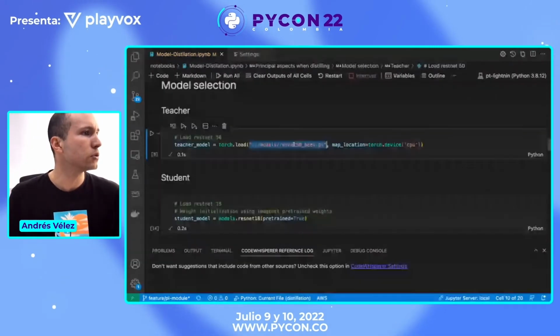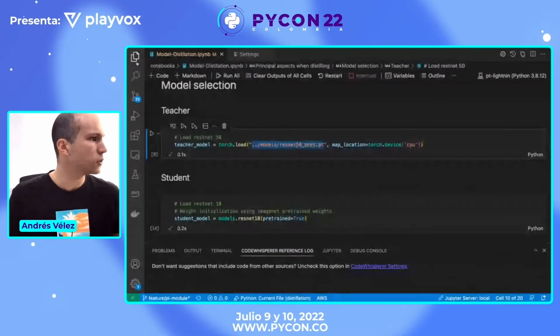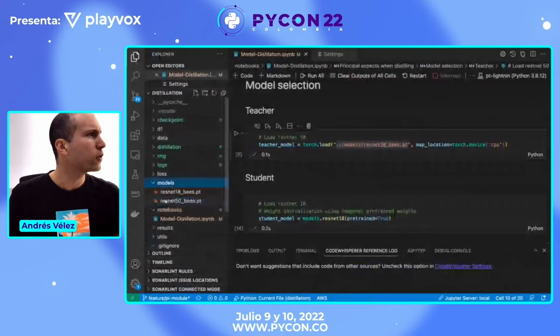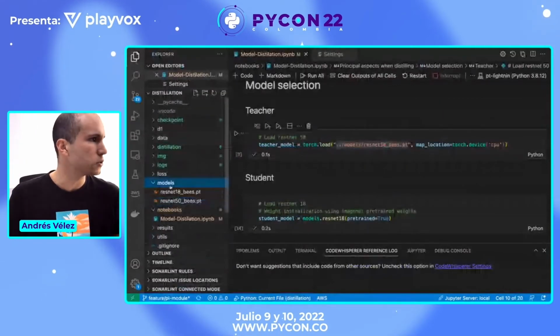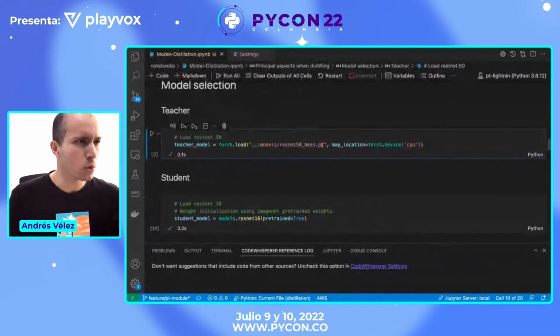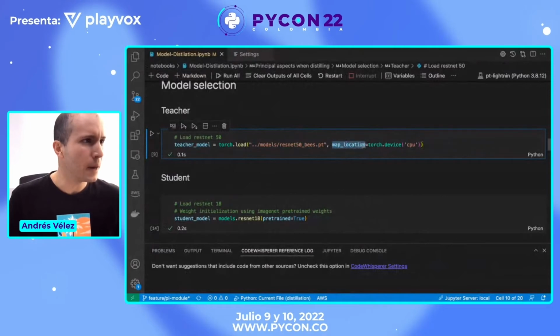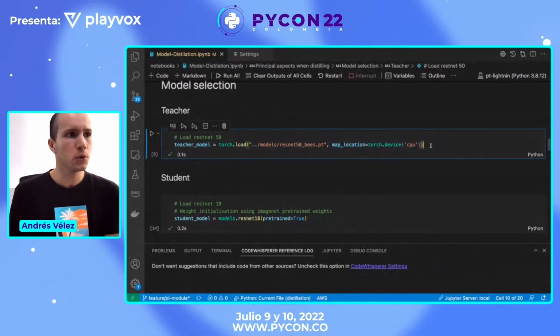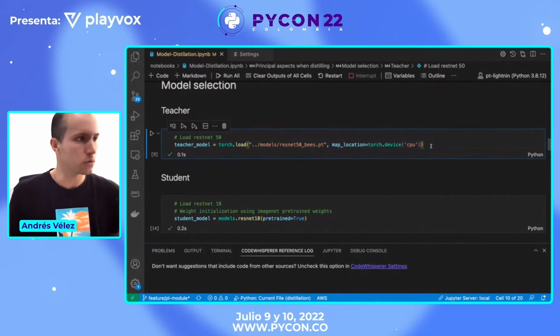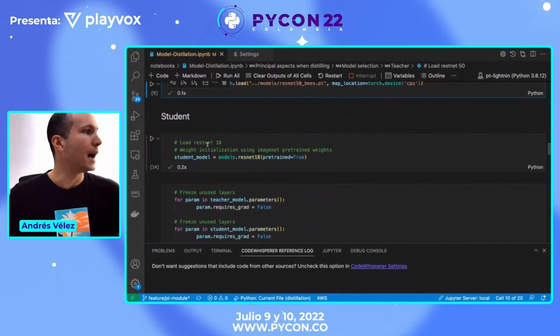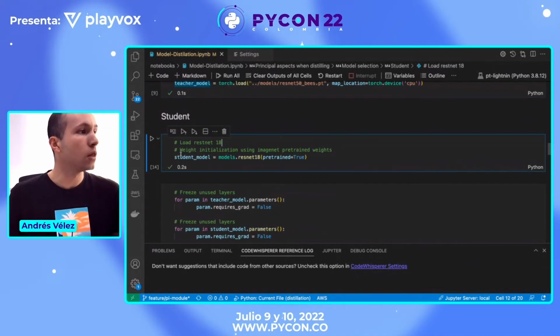I have this model located on this machine, in this folder called models. So we are going to load this model, using torch.load with the path of the model. Additionally, I'm using a map location, since I used a GPU to fine-tune my model, but in this setup right now I have a CPU and I don't count on a GPU. So we have our teacher model,